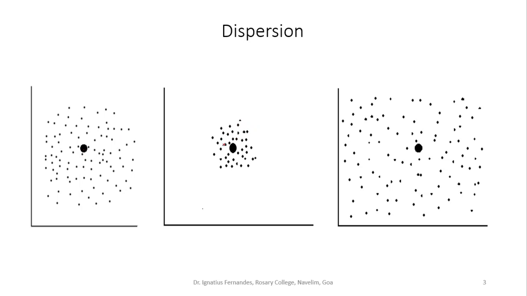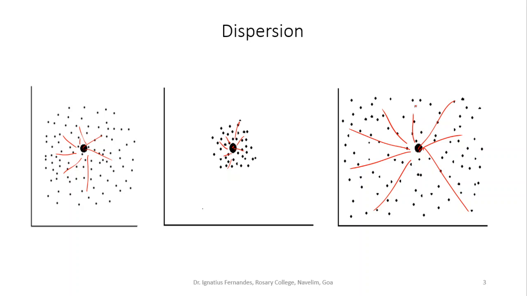Here I have all the data very compact, very close to the data mean. Whereas here I have a very high fluctuation, or the data are dispersed much more, as compared to this. So besides knowing this average, we should also know how far these values are deviating from it. Data which is more compact will have lesser fluctuations, like here, and data which is more dispersed will have higher fluctuations.